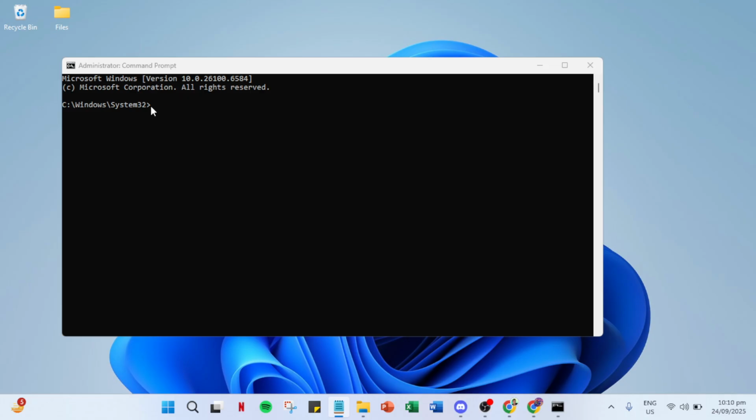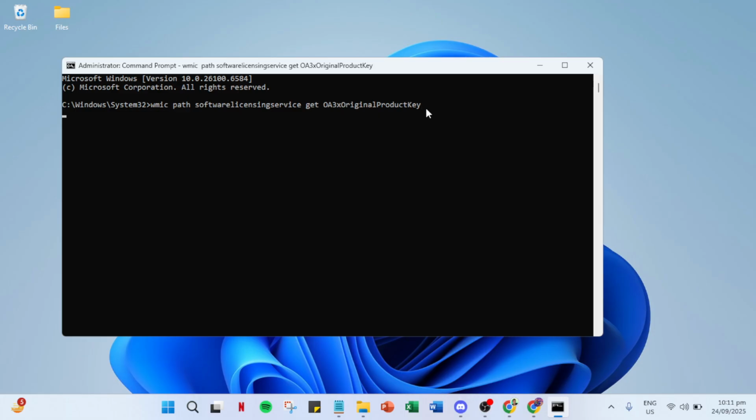In the command prompt window that appears, you'll want to type a specific query. This query is designed to extract your Windows product key from your system. It's a simple line of code that the command prompt will understand and execute for you. Go ahead and carefully enter the following command into the window. WMIC path SoftwareLicensingService get OA3xOriginalProductKey. Make sure you type this command exactly as shown, and then press the Enter key on your keyboard.